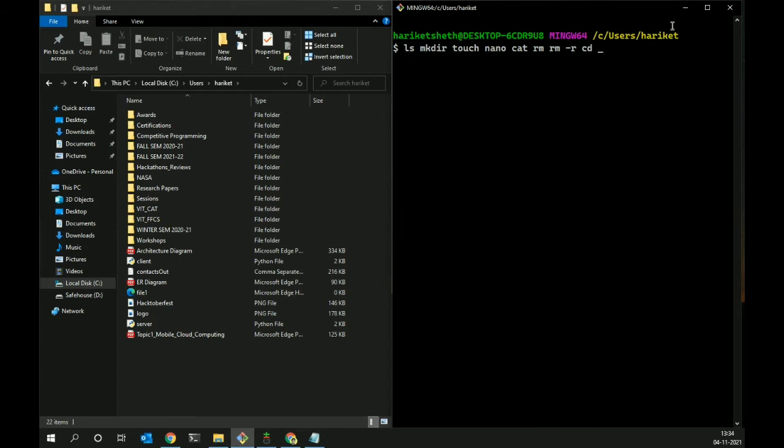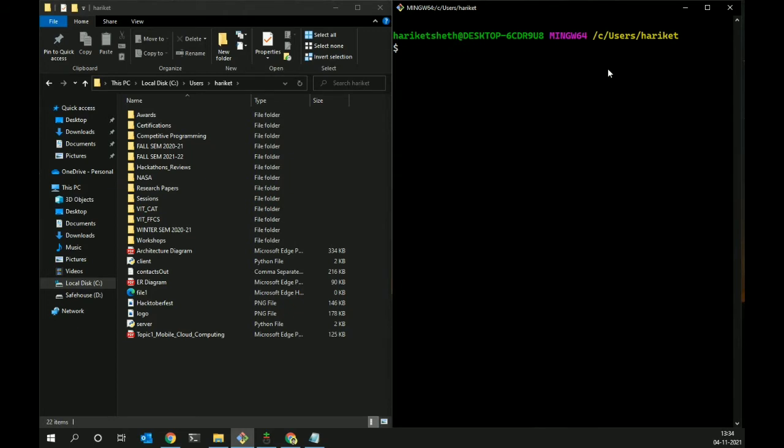In terminals, if I want to go inside a folder, I have to type cd and the folder or directory name. On the left side, if I want to go inside a folder, we double click on that folder, right? But in the command line, if you want to change the path, you write cd. And if I want to go back to the previous folder, you can write cd dot dot. All of these are separate commands, and you should know all of them.